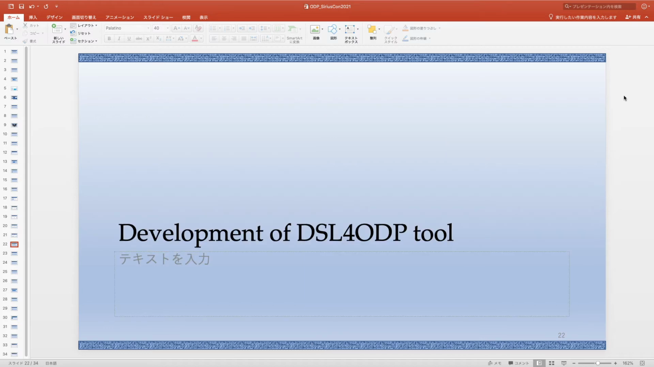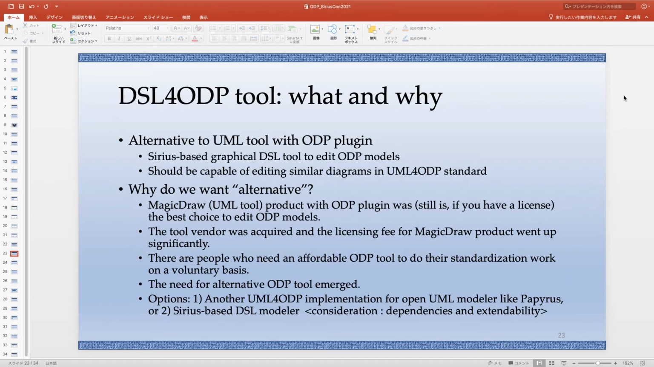Now, let's move to the DSL4ODP tool. What and why? It's an alternative to a UML tool with ODP plugin. A Sirius-based graphical DSL tool should be capable of editing similar diagrams in the UML4ODP standard. Why do we want an alternative? I got an